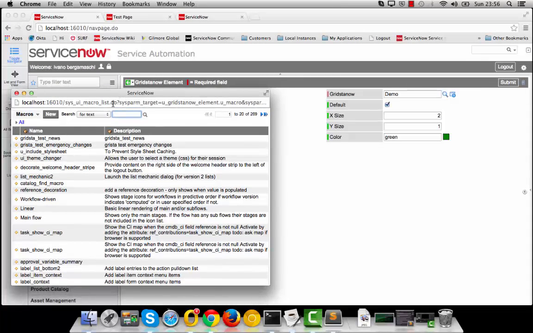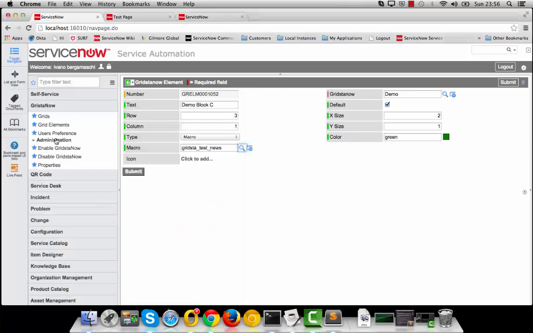I will use the usual one already prepared for the demo, but in your case you can create the macro you want. So we don't need in this case an icon because the icon will not be rendered by the system. In theory, you can add the icon here. It's not a theory. In practice, you can add the icon because in case the GridstaNow element is not one